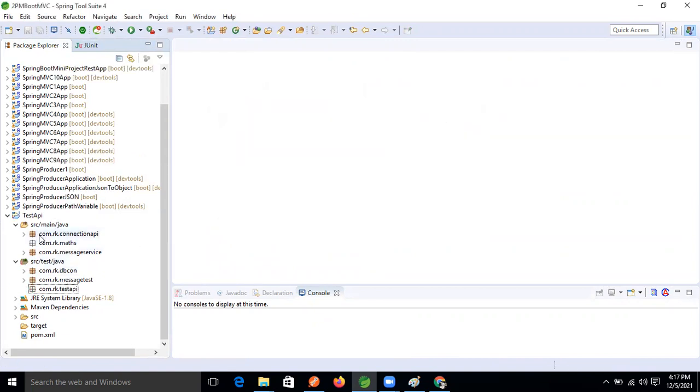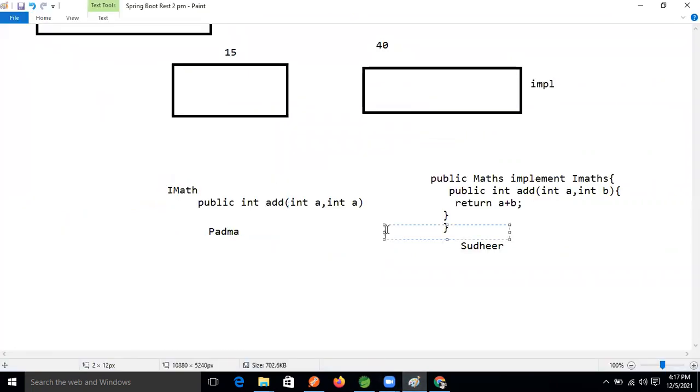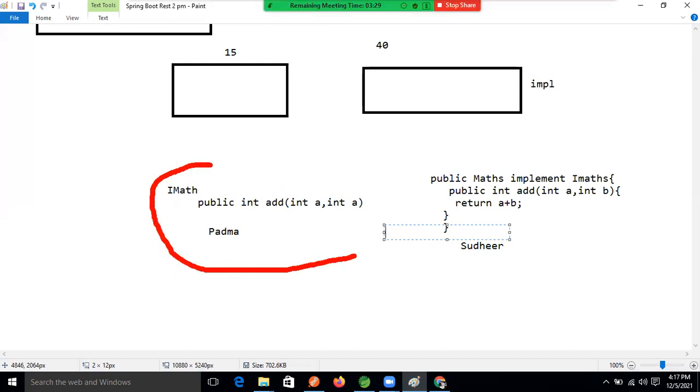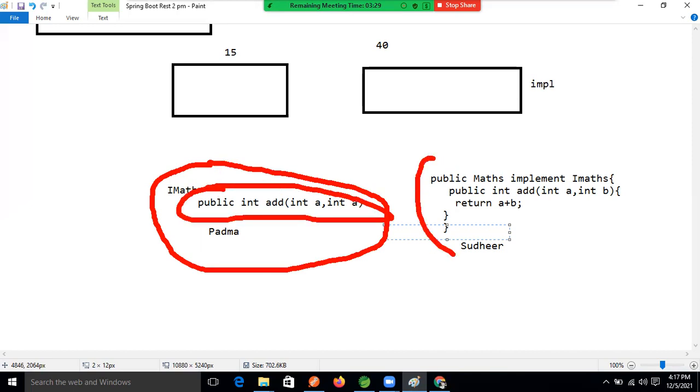Good. So now, guys, come inside the explanation. Currently, because there is only one machine, I have to develop everything. Just think that I am Padma, and I'm developing this part only, and the implementation class is being developed by Sudhir, but it is still not in developing mode. Means Sudhir is still sleeping. Just think about that. Work from home is going on.